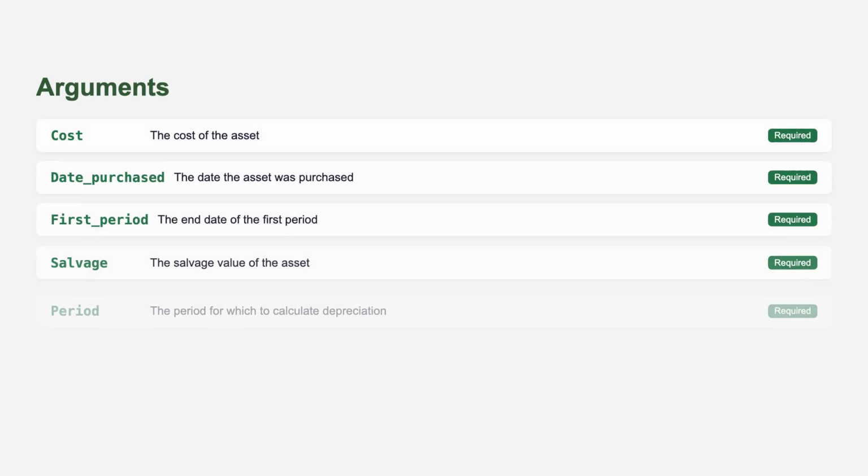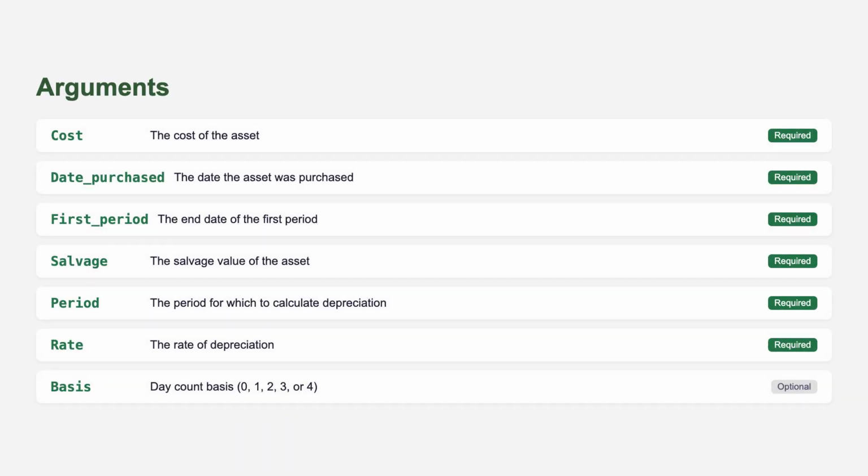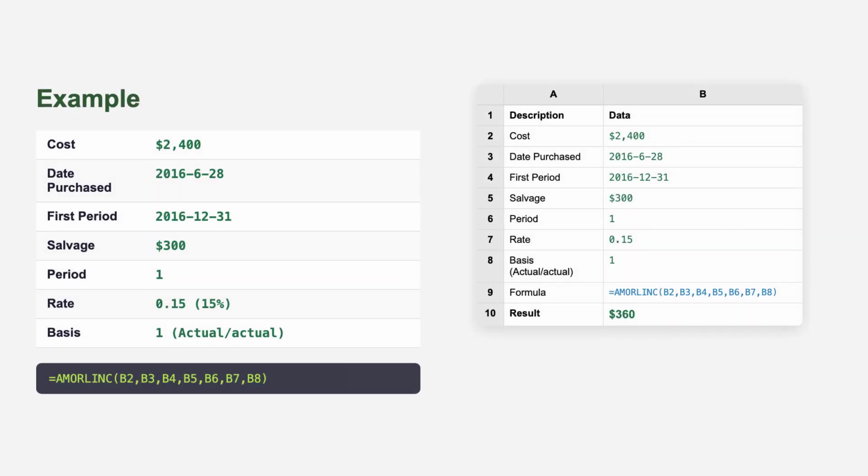There are 7 arguments: cost, the cost of the asset; date purchased, the date the asset was purchased; first period, the end date of the first period; salvage, the salvage value at end of life; period, which period to calculate depreciation for; rate, the rate of depreciation; and basis, an optional day count basis accepting 0, 1, 2, 3, or 4. Here's an example. We have an asset costing $2,400 purchased on June 28, 2016, with a first period ending